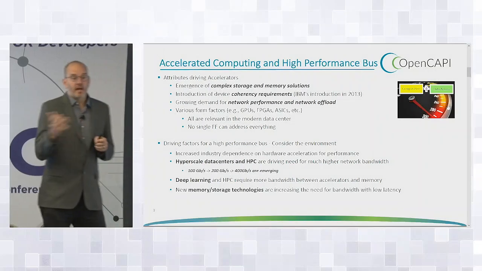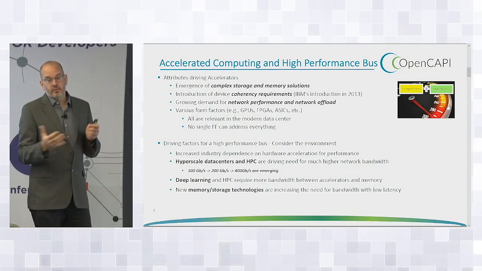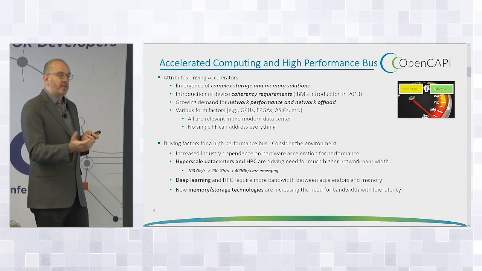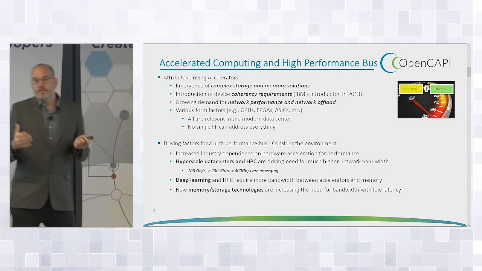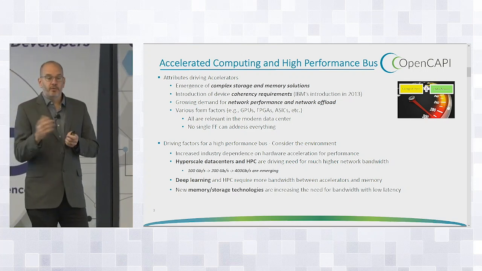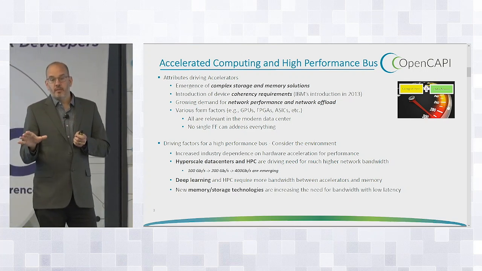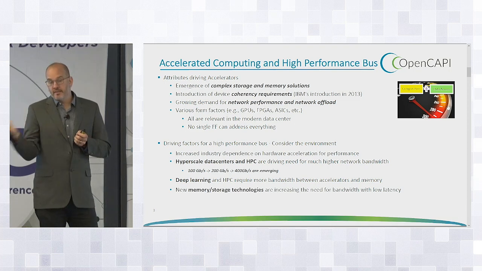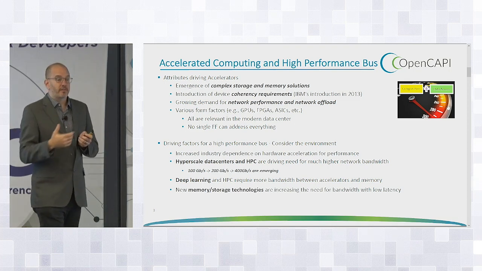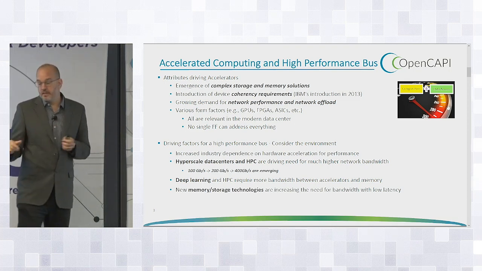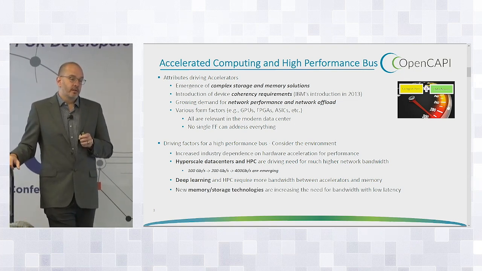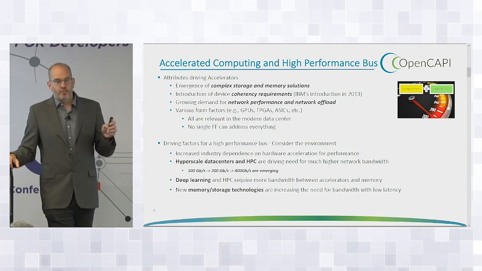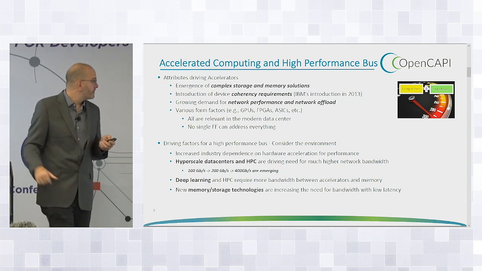We've got lots of form factors. We have lots of different accelerators. Different applications require different accelerators, and so we want to have a very fluid, heterogeneous system. The other side of things is data centers want flexibility and openness. People don't want closed standards. They want to be able to buy processors from Intel, buy processors from AMD, buy processors from other vendors, IBM obviously, right? And they want to be able to mix accelerators across those ecosystems as well. So proprietary, bad; open, obviously a requirement going forward.